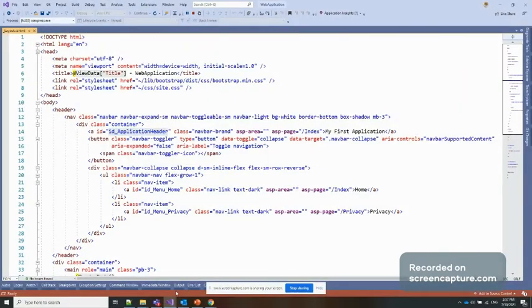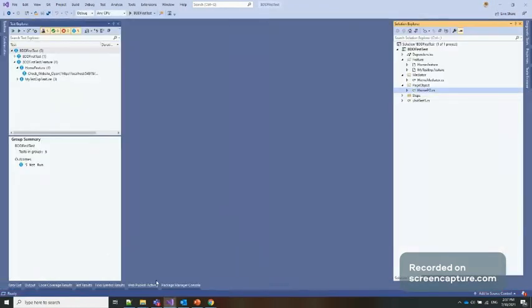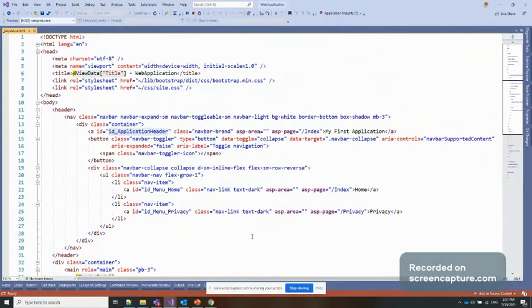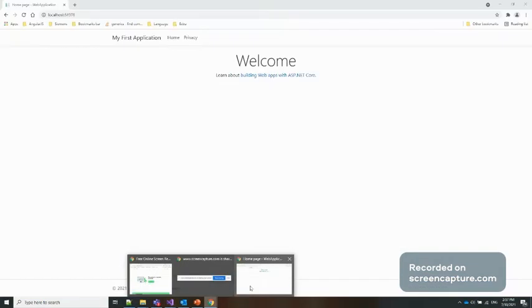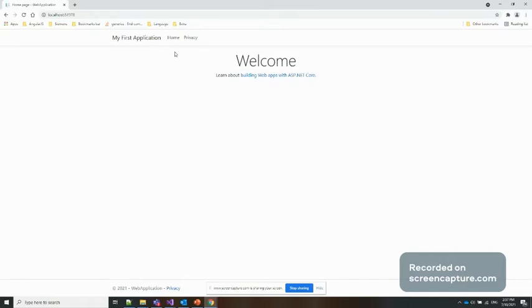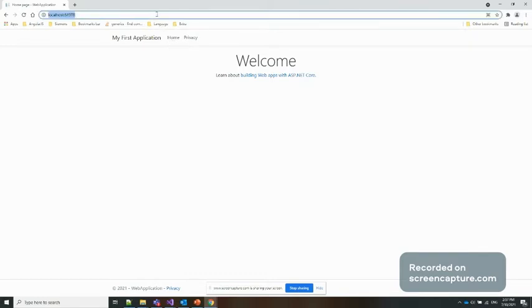Okay, now jump on to the code side. Let's identify some scenarios first. Here you can see by default we are on the home page. In the home page, what will be the possible scenario? The first scenario should be we need to open this website through this URL, and after that we need to check whether our application header is my first application or not.